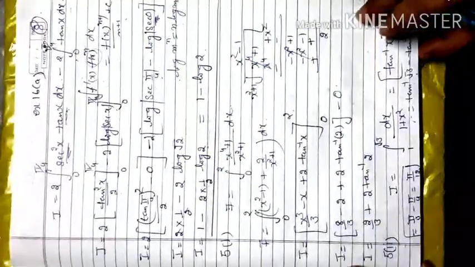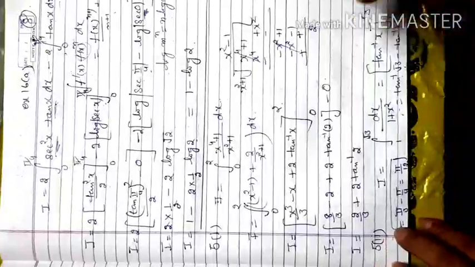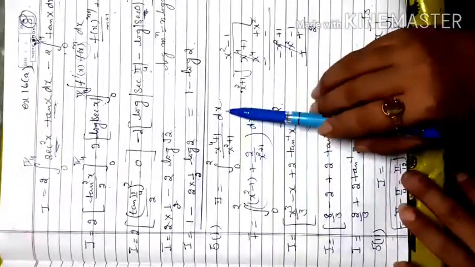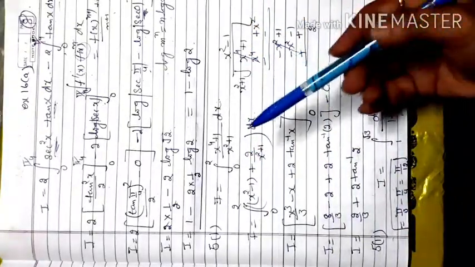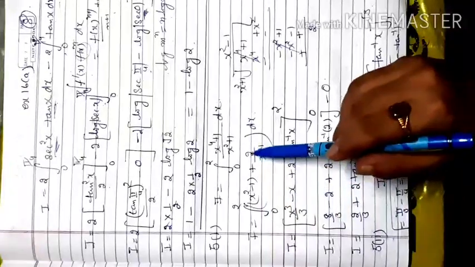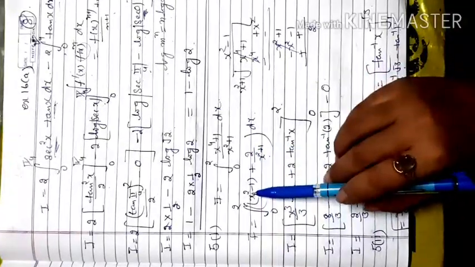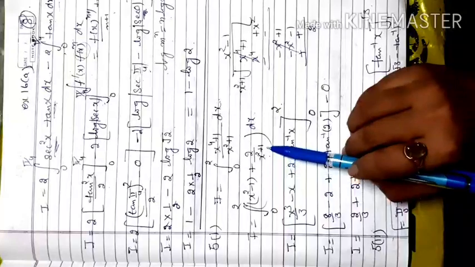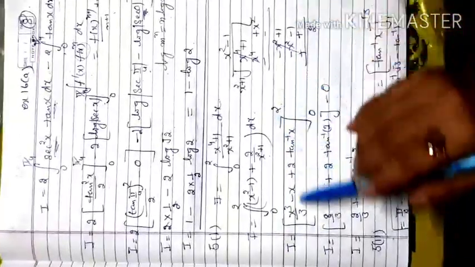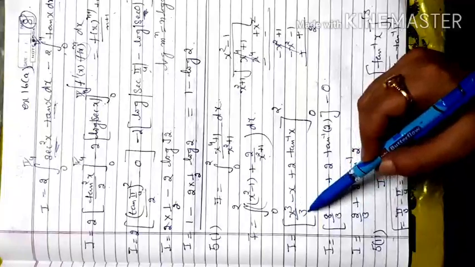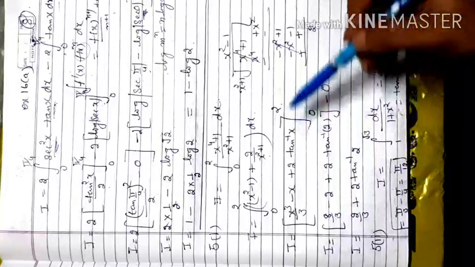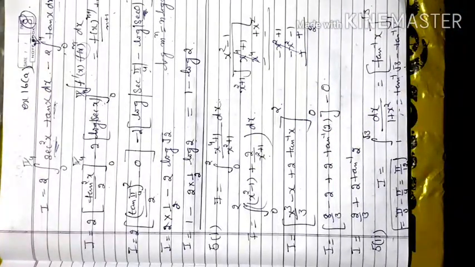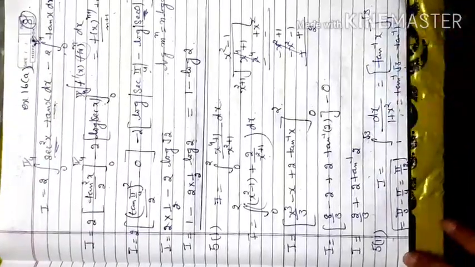Next is fifth question, first part. Here the integral from 0 to 2 of x to the power 4 plus 1 upon x square plus 1 dx. Because the numerator power is greater than the denominator, it becomes quotient plus remainder upon divisor. The quotient is x square minus 1, and the remainder is 2 upon divisor x square plus 1. Now separate and integrate. X square integrates to x cube by 3, minus 1 gives x, and 2 times 1 by x square plus 1 gives tan inverse x, from 0 to 2. Now apply the limit. After applying the limit, you will get 2 by 3 plus 2 tan inverse 2.